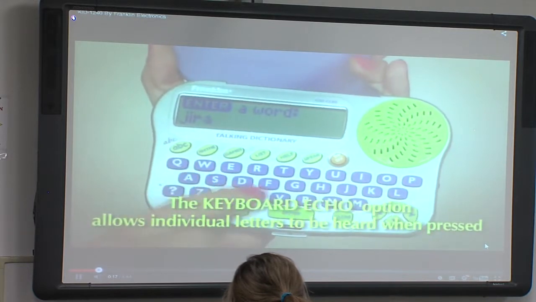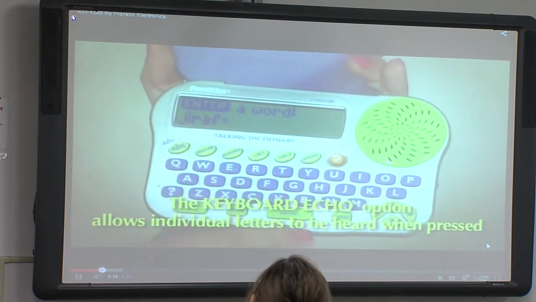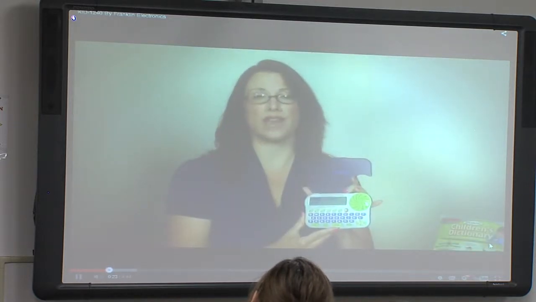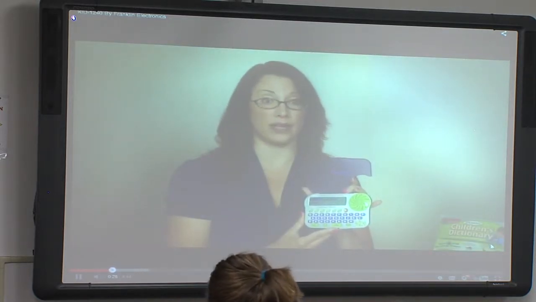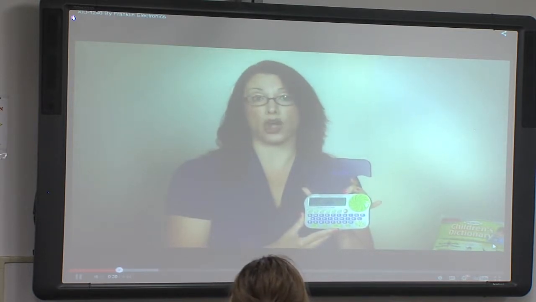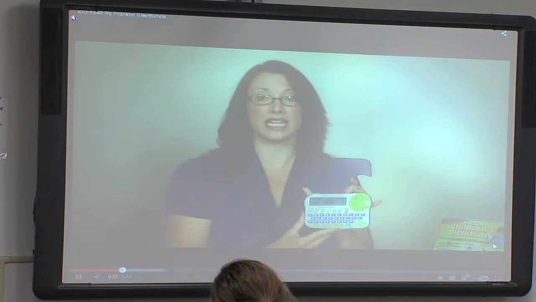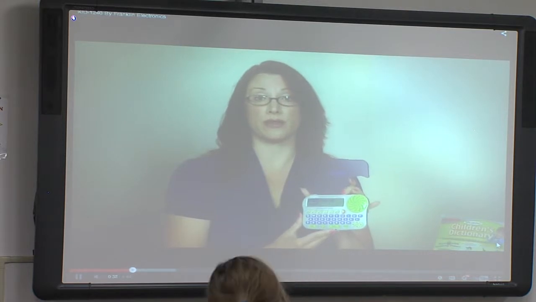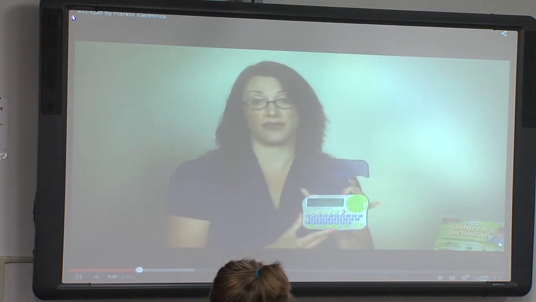The keyboard echo option is turned on so the individual letters can be heard as they are pressed. This feature can be turned off. If I try to look up the word giraffe by spelling it phonetically the way I think it sounds, Jiraf, I cannot use a paper dictionary because I'll start with the J's and not the G's. Right? Also, most computer software programs will not be able to correct JIRAF to